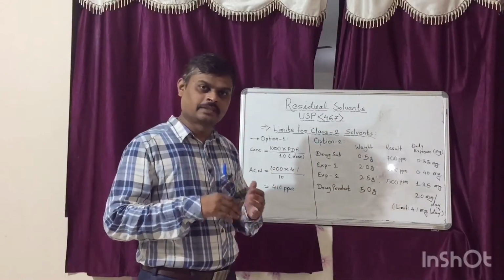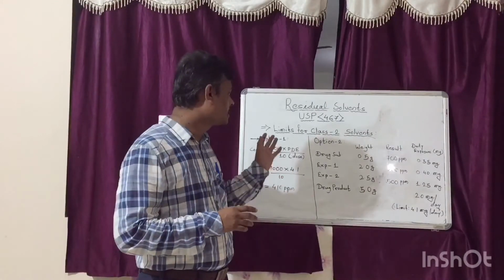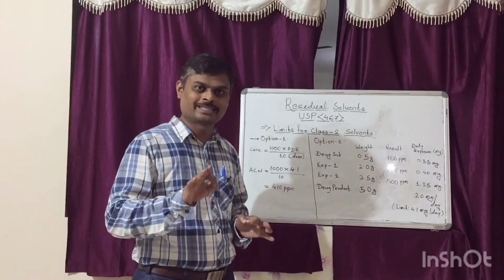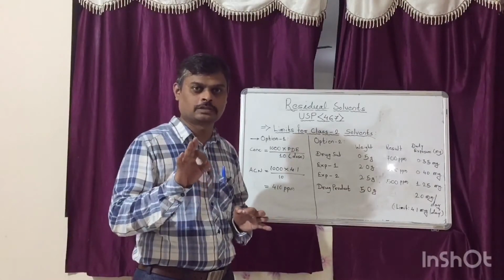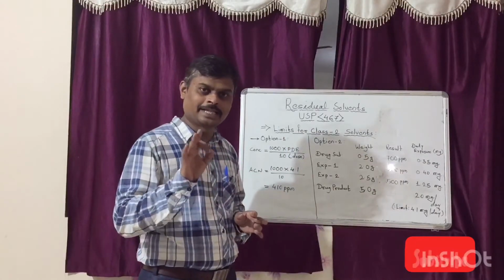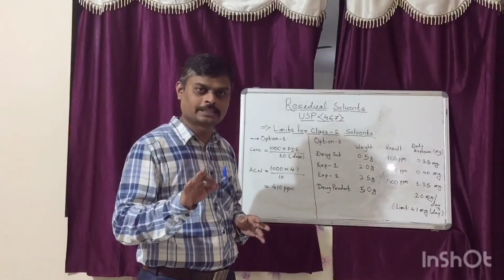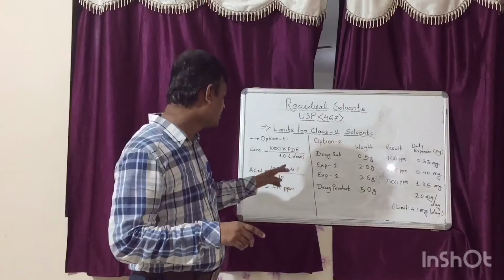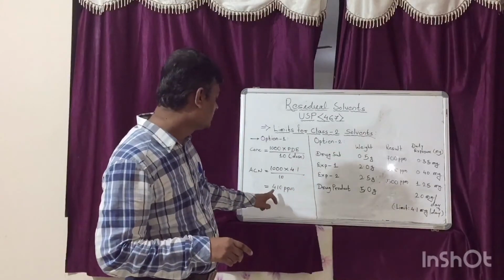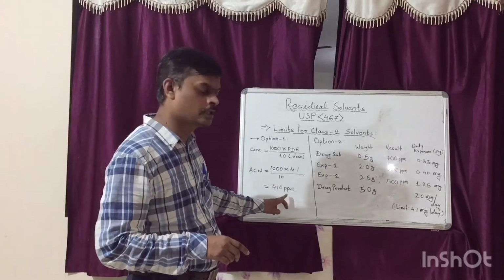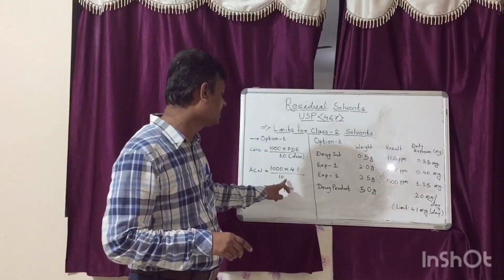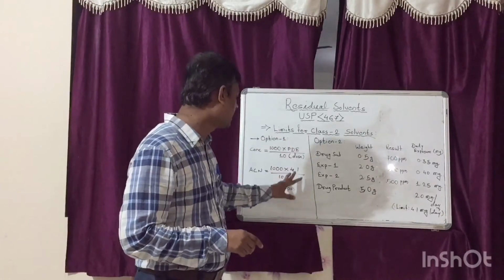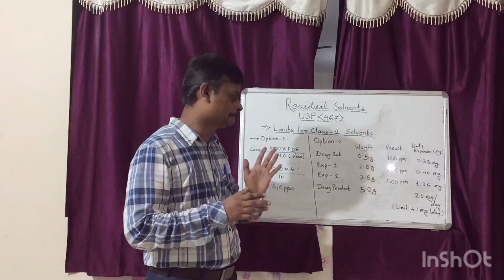To understand the difference between application of option 1 and option 2, let's take one example for acetonitrile residual solvent. The permitted daily exposure of acetonitrile is 4.1 mg. Based on PDE, the option 1 limit of acetonitrile is 410 ppm. 1000 into 4.1 divided by 10, that is 410 ppm. The option 1 limit for acetonitrile is 410 ppm.